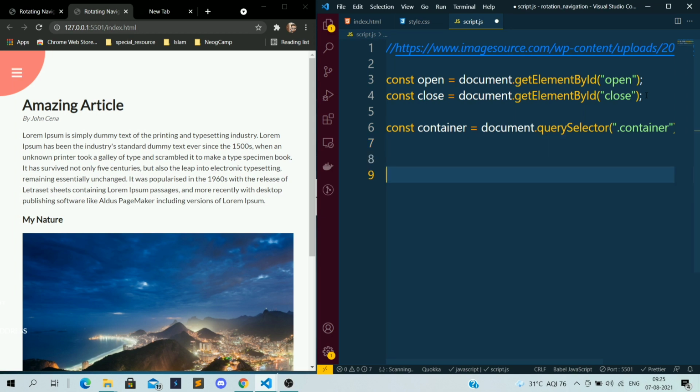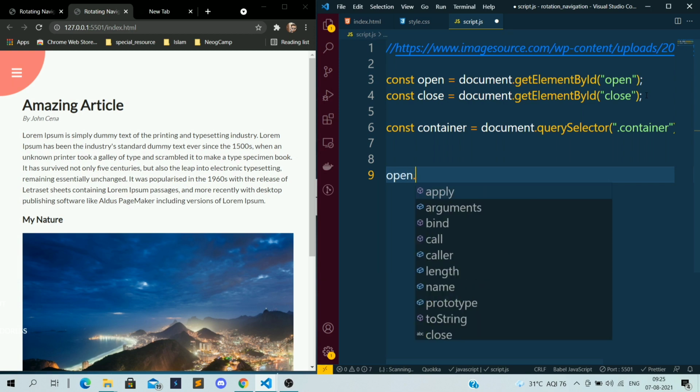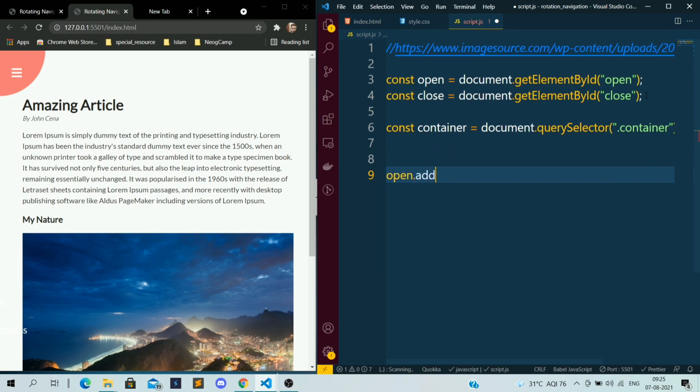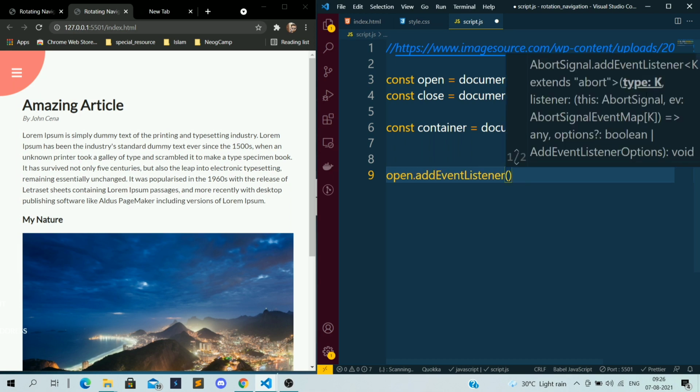Now I want to apply the add event listener. As soon as we click on the open button, it should add the show nav class, correct? What is this open button? This open button is dash.